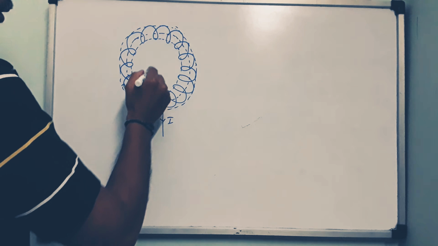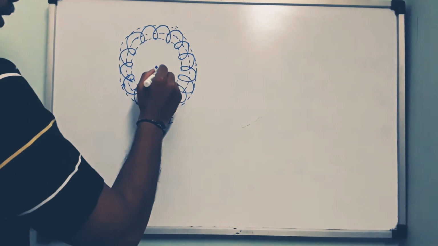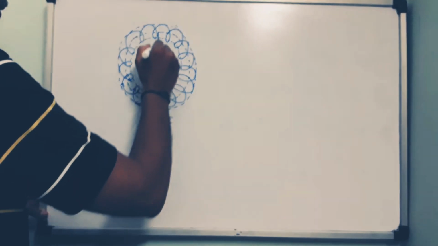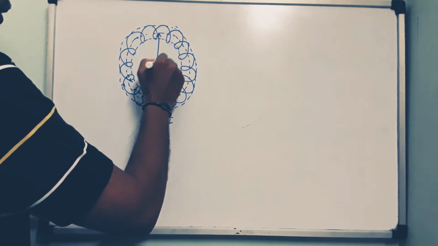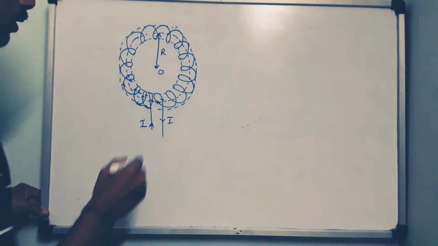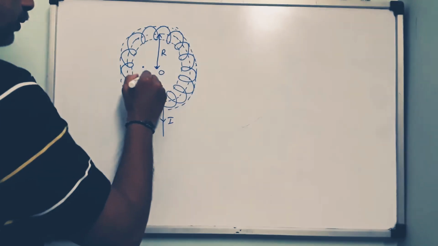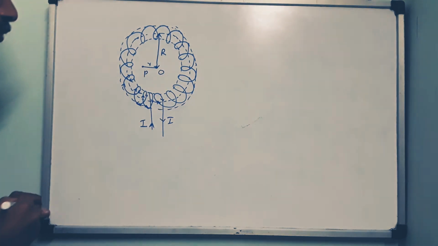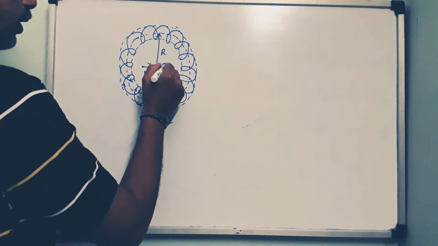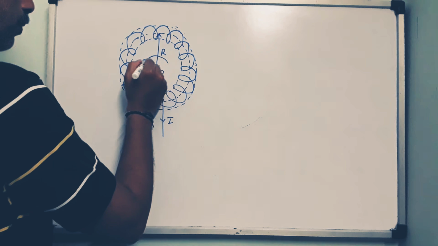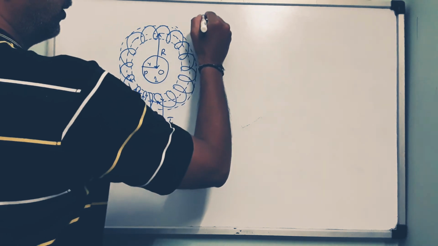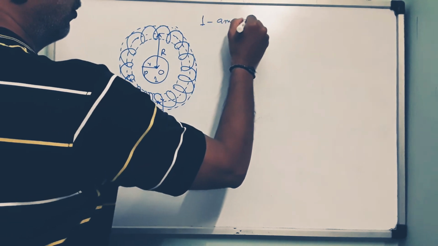Fine. Now here, this is the center of the toroid. We call it O, and the mean radius of this toroid, the mean radius from the center of the coils to the center of the toroid, is capital R. Now we considered a point P here, somewhere at a distance r from the center, where we wanted to calculate the magnetic field. For this, Ampere's circuital law demands that you draw an Amperian loop. So this one is Amperian loop number one.